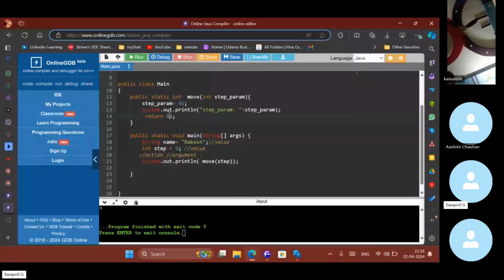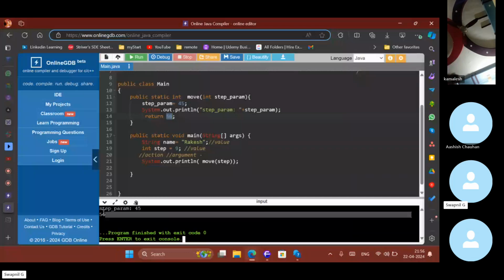We cannot see 9 because we are nowhere using 9 anywhere in that, so there is no chance of seeing 9. But what will you get? 56. So what I wanted to show you is this return. Let me remove this, and now if you can run it.